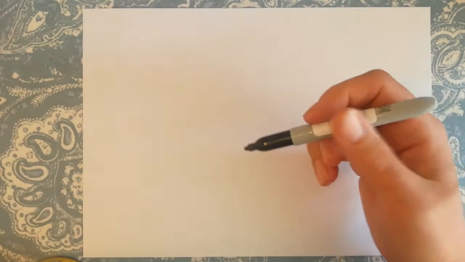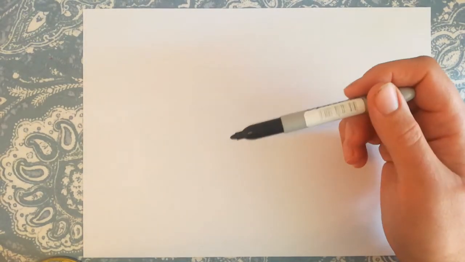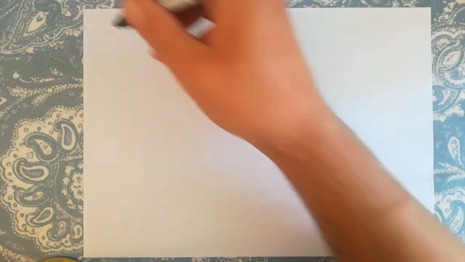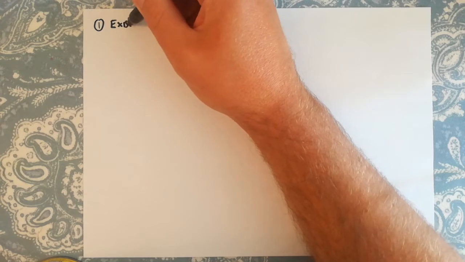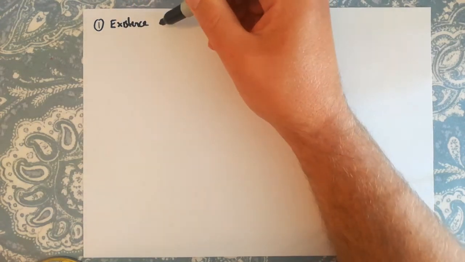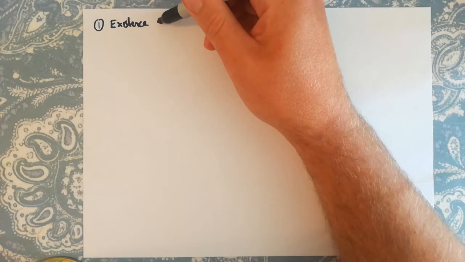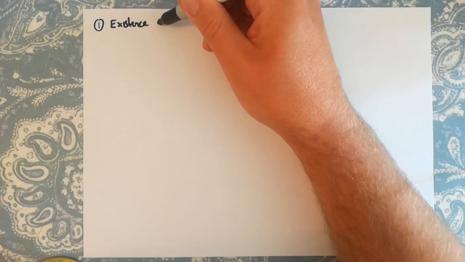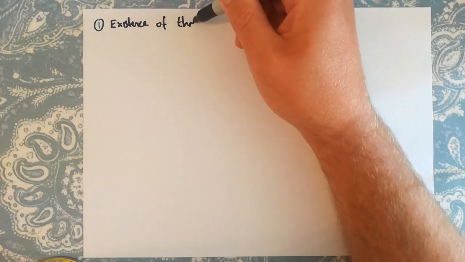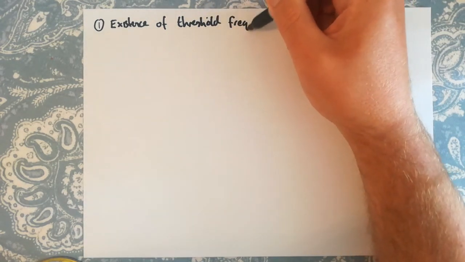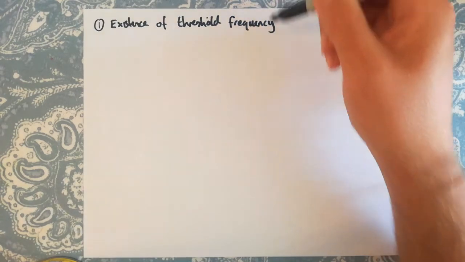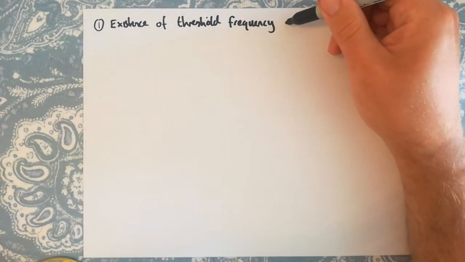Right, so we're going to start with the existence of a threshold frequency, and we can first of all think about the wave model. So let's just make a note. We're trying to use both of these, the wave model and the photon model, and see if we can explain the existence of a threshold frequency. So in the wave model,